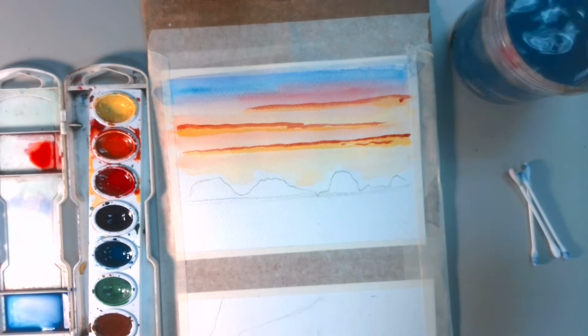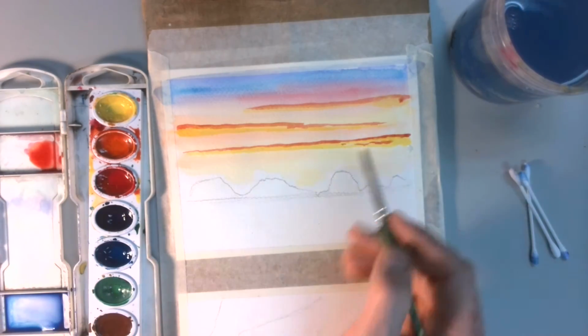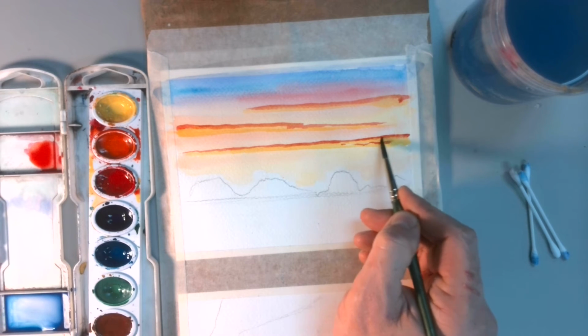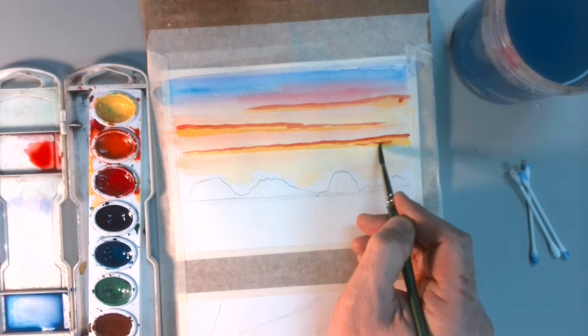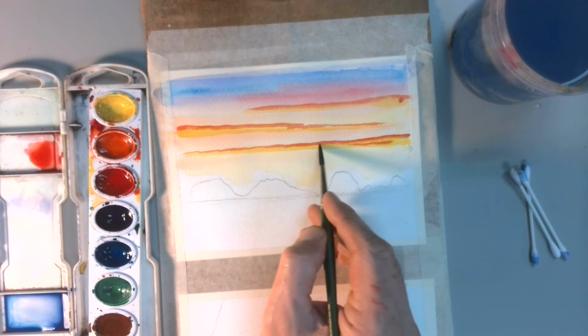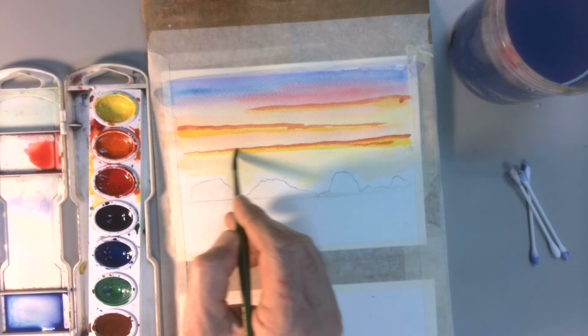They might be bleeding together a little bit. I actually want to do a little bit of that on purpose, so I wash my brush out and dry it a little so I don't have a ton of water on there, and then I just hit the edge of that red and let it run right down into the yellow a little bit. I don't want to use so much water that I cover up my yellow, but I want this to look like a natural